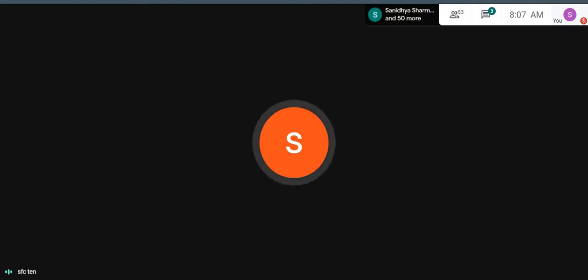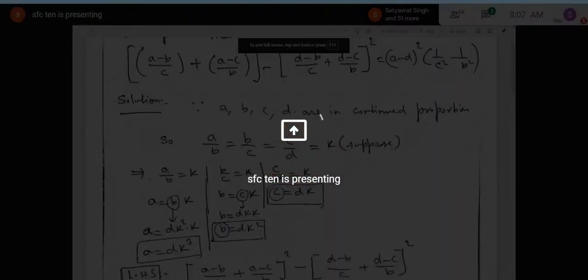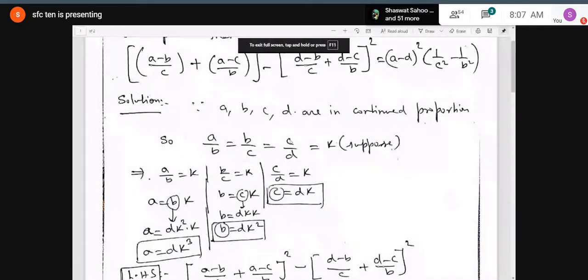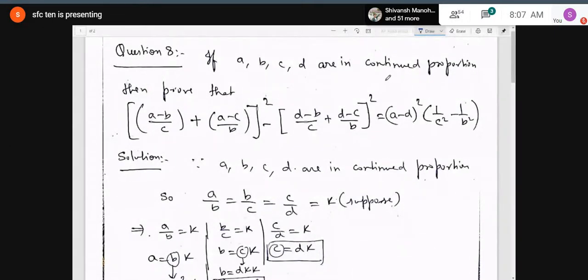Most of the boys have sent the request to send the solution of this, and I have already sent the solution on your class groups. Like question number 8. Actually, in fact, nobody was able to proceed with these two questions, and in the rest of the questions mostly 99% of boys have done well, but in these two questions, boys have faced difficulty.